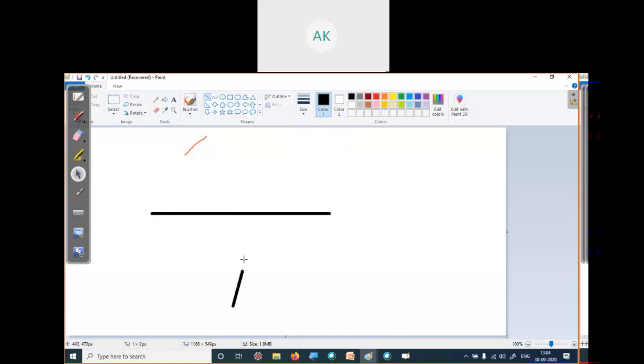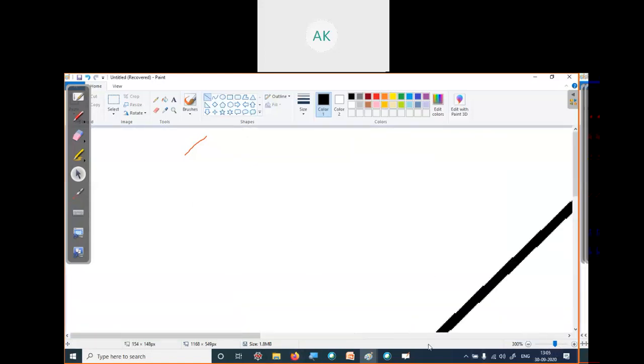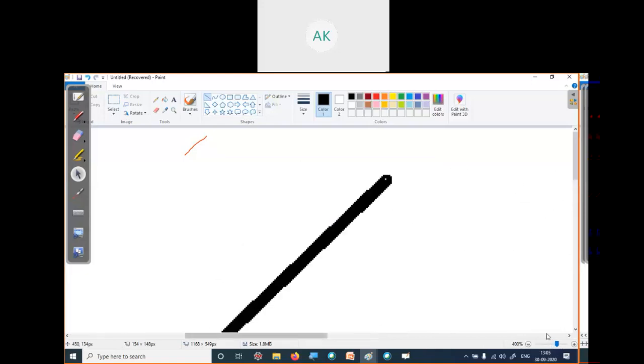If it is a completely vertical line, you can see a smooth line. But when we plot a line diagonally, you can see some kind of staircase. If we zoom in, as you can see, there is jagging or a staircase in the line.